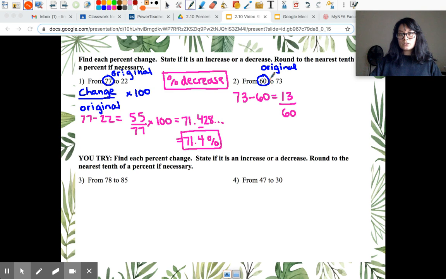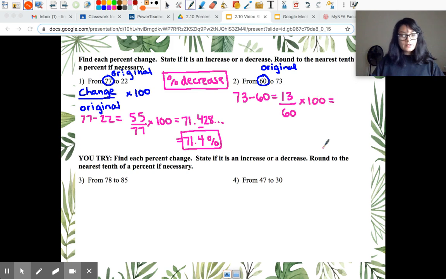So really important to note here, you want to go back to this problem to review what the original number is. A very common mistake my students in the past have fallen into is they'll look at the bigger number, and that's what they'll divide by, but that's not always the original amount. Remember, sometimes the new amount is higher, so we always want to divide by the original and then multiply by